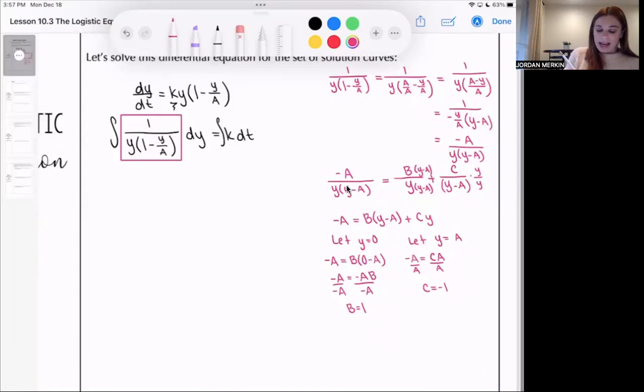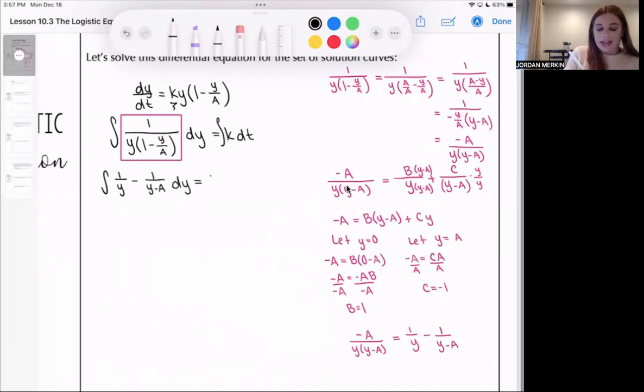We can go ahead and say that negative A over Y times Y minus A is equal to B, which is 1 over Y, plus C, which is negative 1, so minus 1 over Y minus A. So this integral actually isn't bad once you do that. It's the integral of 1 over Y minus 1 over Y minus A dy